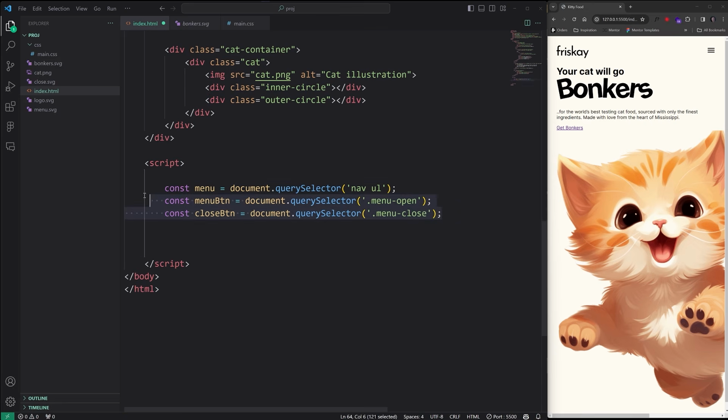Doing this and defining these does nothing. It doesn't change anything. It doesn't make it work. We just gain access to these through JavaScript. So now what we can do is we can say